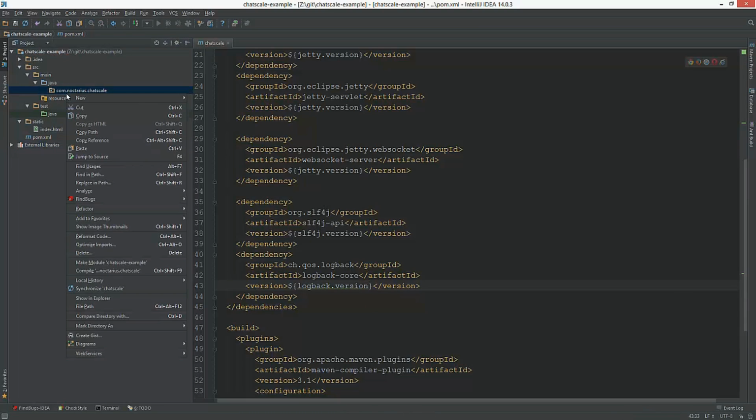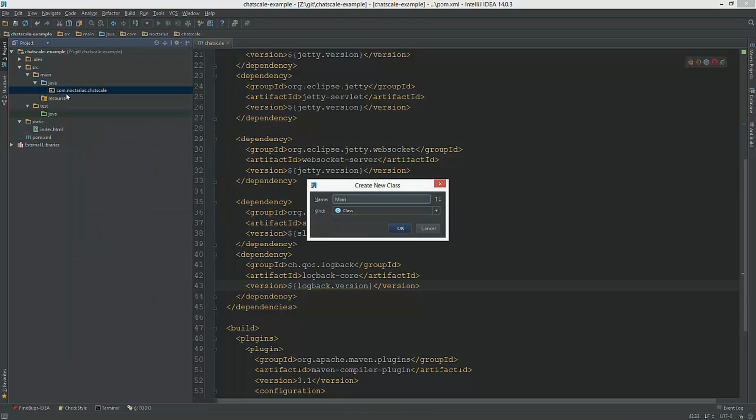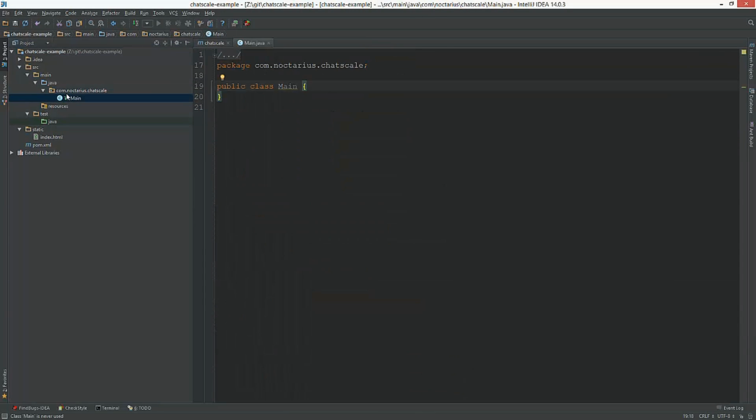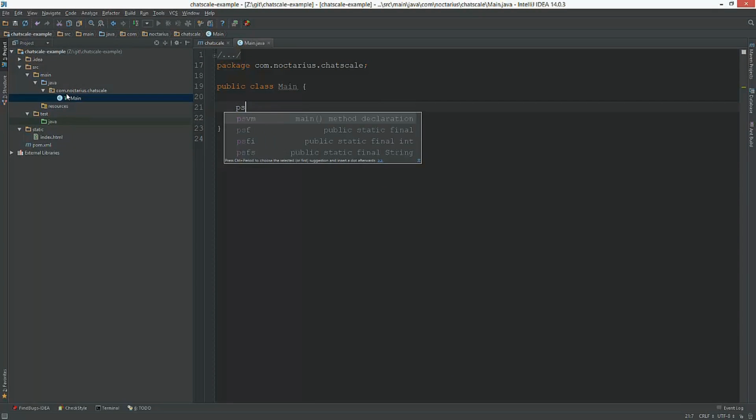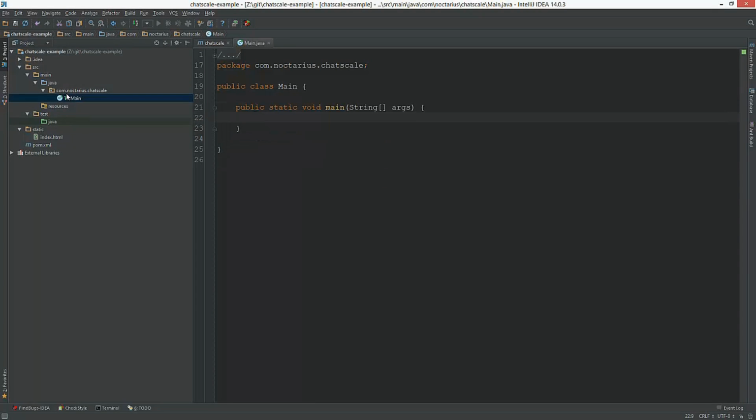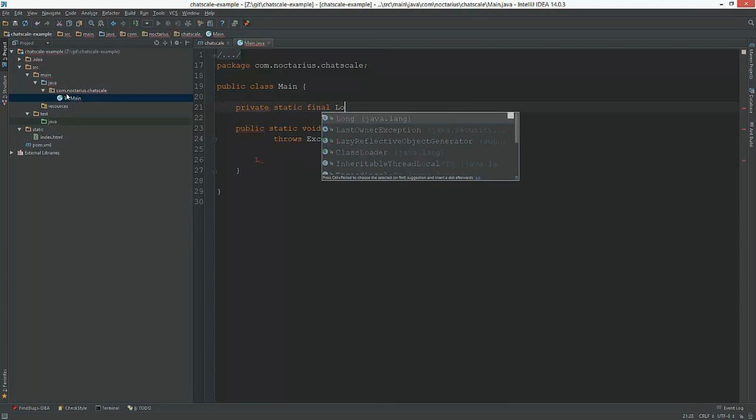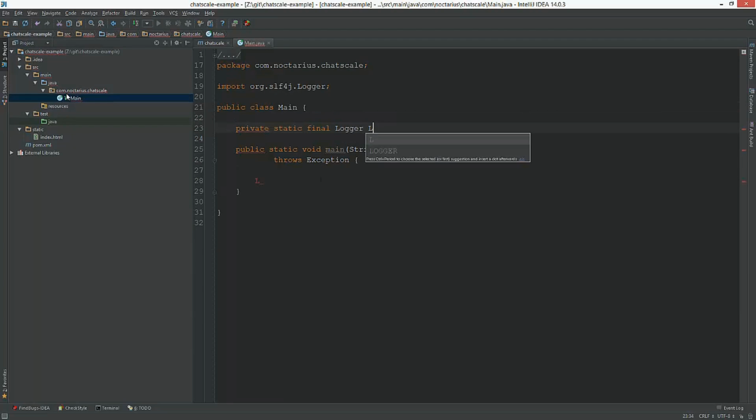So we have a package and we go on with a main class, which will just be the entry point into our application. And we are very, very good. We're just throwing anything outside of the system, whatever happens. And the most important thing in every application, static final, is obviously a logger.